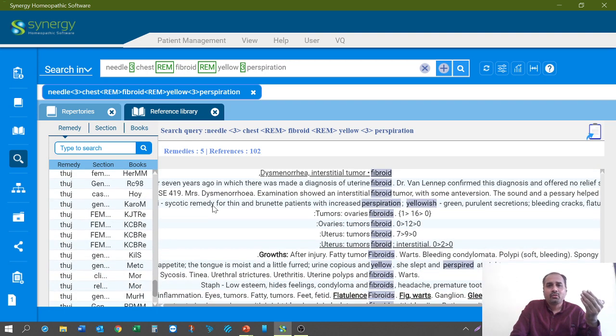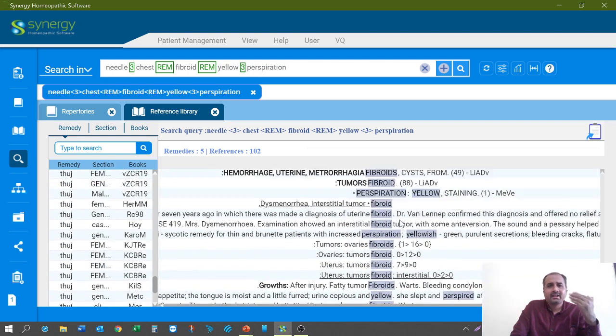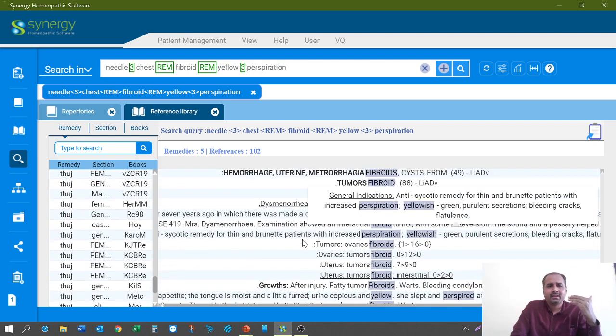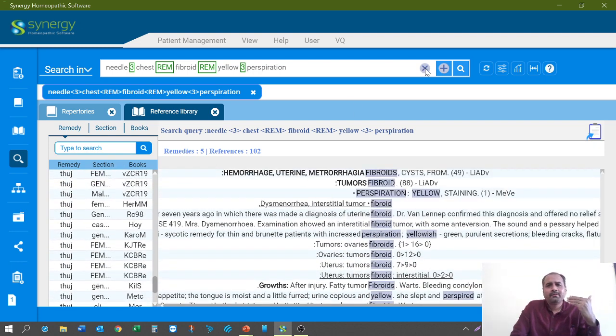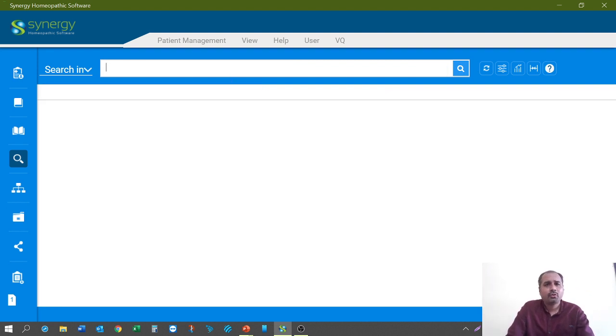relief to the patient. So your words are highlighted in the center, and it so beautifully opens up the case that it gives you different avenues. For example, one another interesting search I would like to show you. I had a case where everything was matching Phosphorus in a menopausal woman, but I wanted to study what are the symptoms of Phosphorus at menopause, what are the rubrics of Phosphorus at menopause.